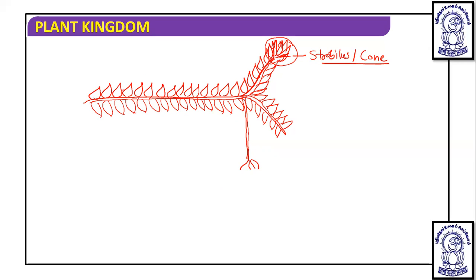Apart from this, you can see the presence of some roots like this. Okay, so these are nothing but roots. These are leaves, and this shows branching. You can see this is a stem, and this is known as